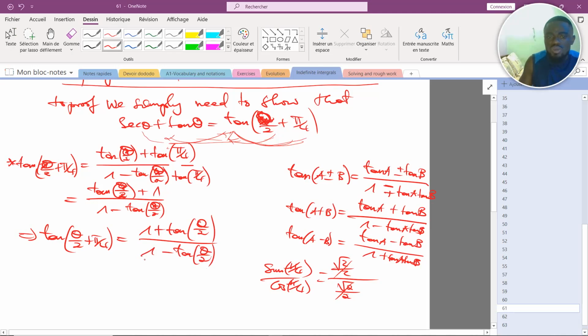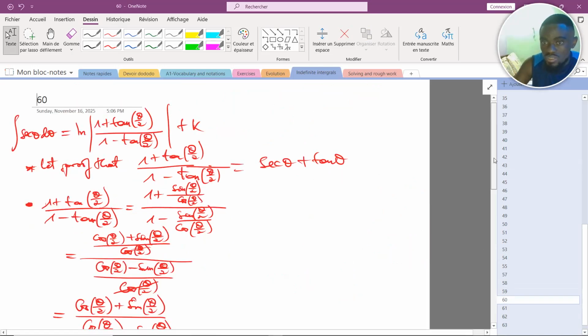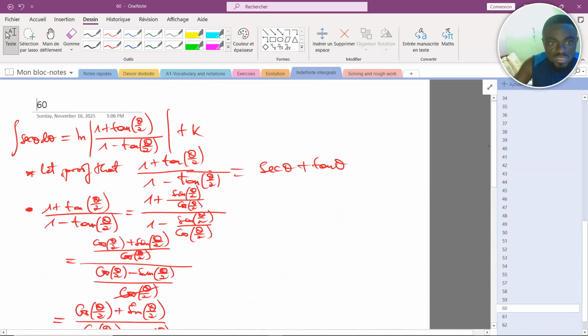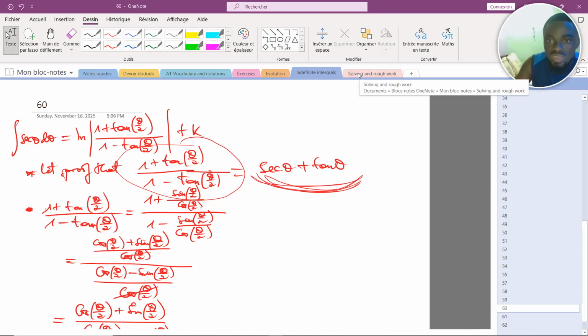But if you can recall very well, if we go back to the previous page, we have already proven in the integral that we were finding that this is equal to sec theta plus tan theta. You get what I'm saying? We have already proven that it is equal to this, so there is no need of writing all those steps again. So I would just say that